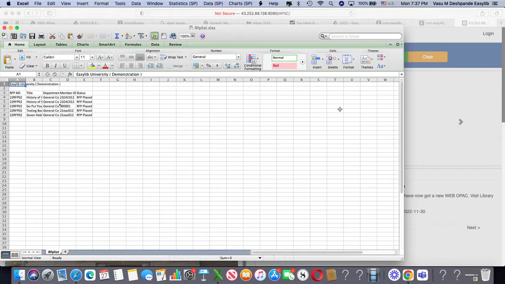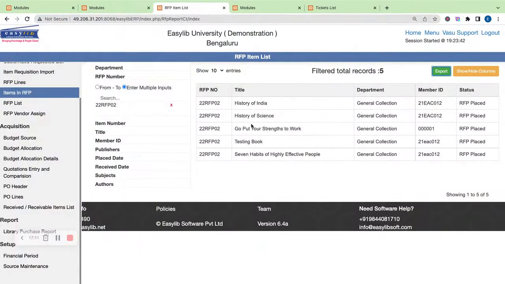Second option is you have already... Okay, the second option is that we have assigned the vendors different passwords, right? You call them and tell them that, hey, we have placed this order, we have sent an RFP to you. Can you please